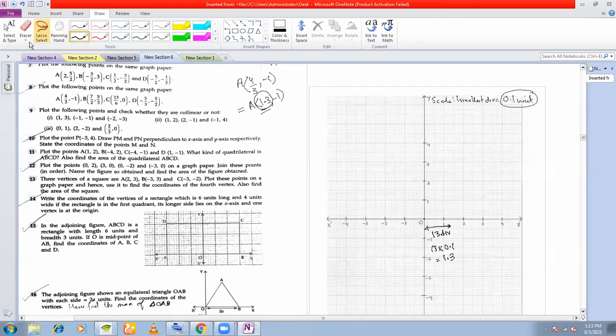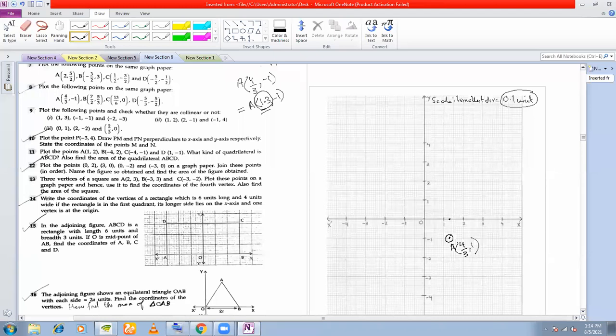1.3, and then you have to move minus 1. So after moving 1.3, you have reached somewhere over here, right? And then you have to move minus 1. And from here, you start moving vertically. This is your minus 1. So this point is your A, 4 by 3, minus 1. Now, see how difficult it would have been to plot on that graph paper. You understood why I chose this graph paper? You understood why I chose this scale?